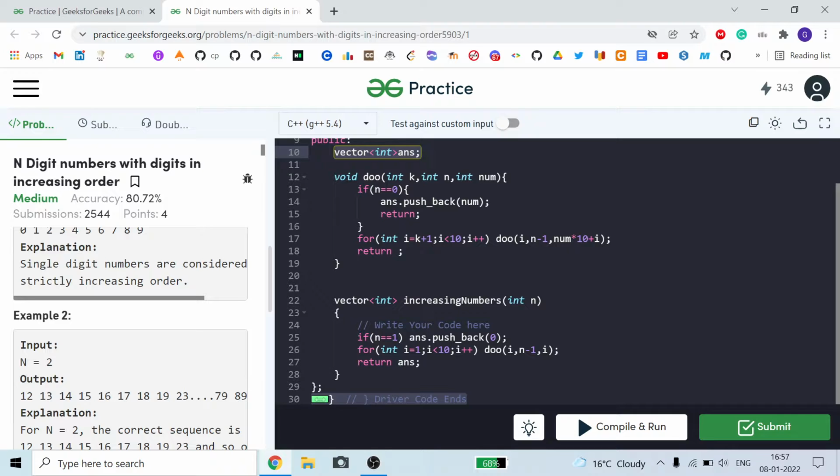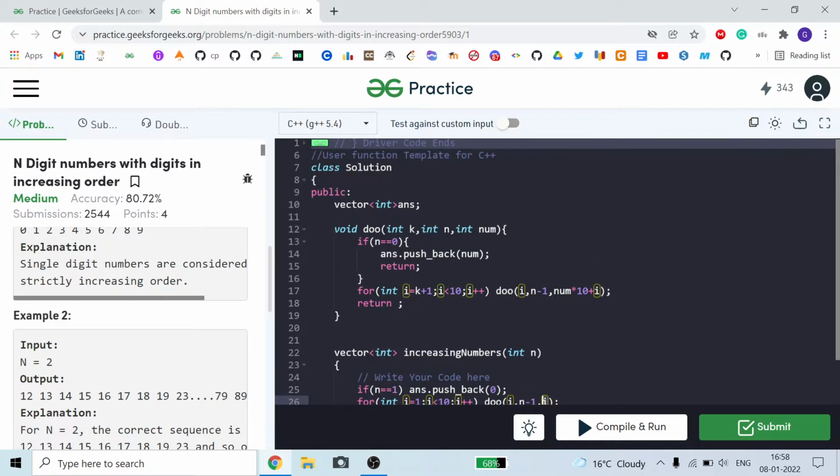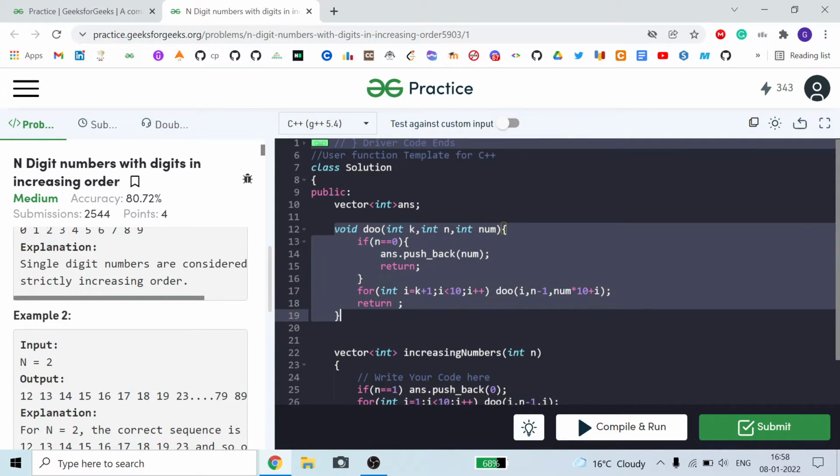You can see from i equal to 1 to 9, less than 10, we call a function, and we pass the value of the last digit that we added in our number, the count of digits left to add, and the number we have made yet. You will understand more in this function.